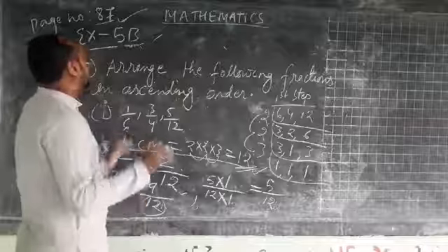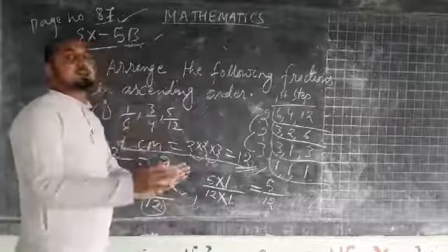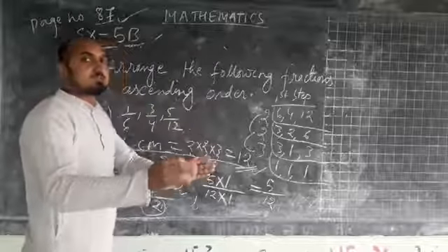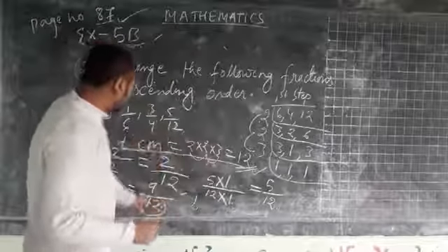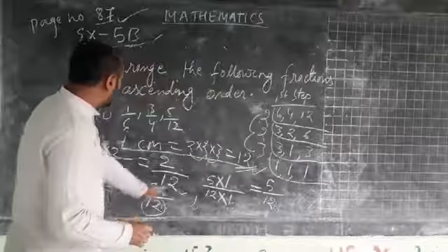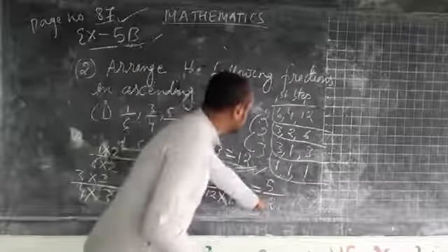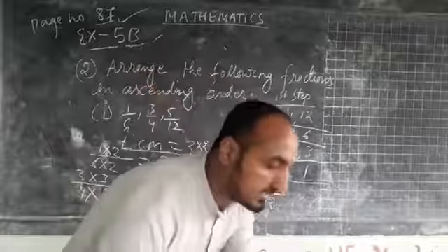Now I will compare these fractions and we can easily see which one is the greater fraction and which one is the smaller fraction. Now compare the numerator values. Here 2 by 12, here 9 by 12, here 5 by 12. So we can write this one as